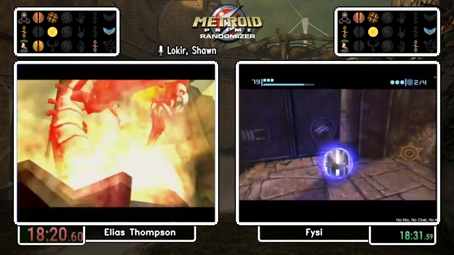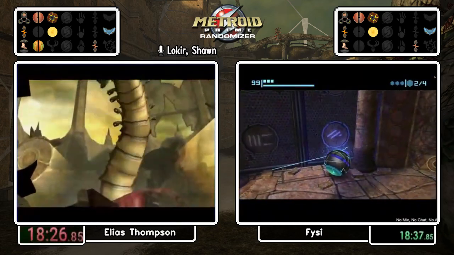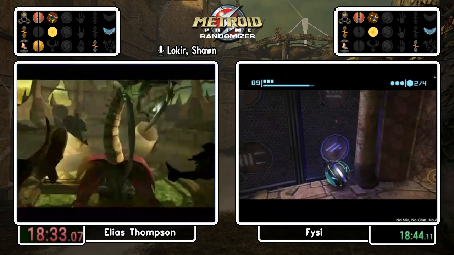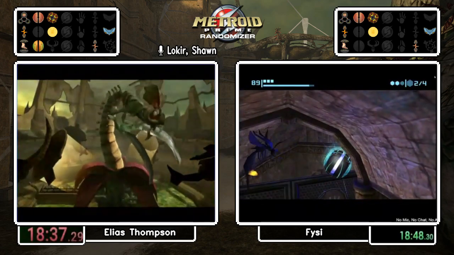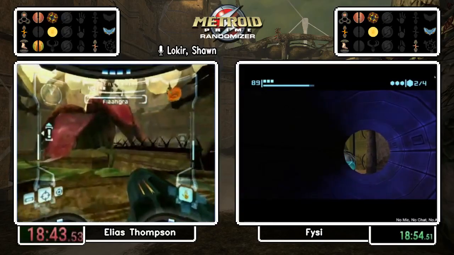Elias showing off the speed strats for Flagra, jumping over to the bomb slots. Both players going for Flagra here. I guess I can understand their reasoning. They don't have any beams yet, which is a pretty bad position to be in when you're trying to leave